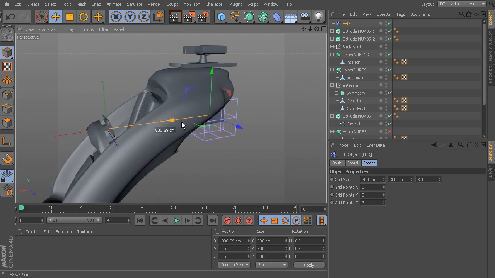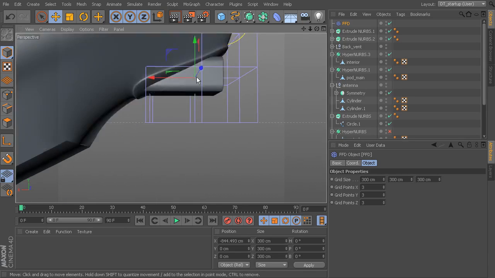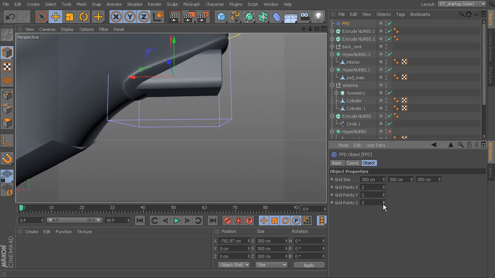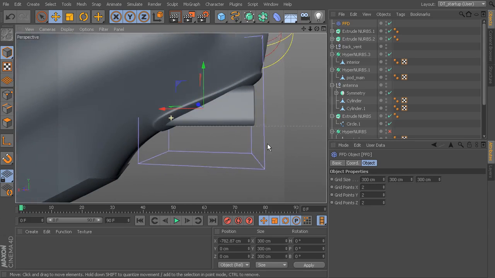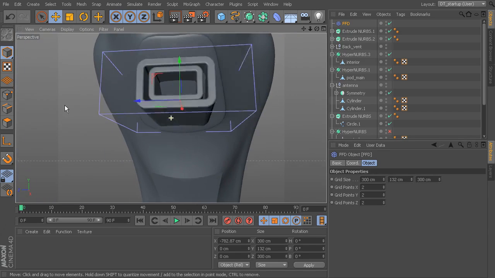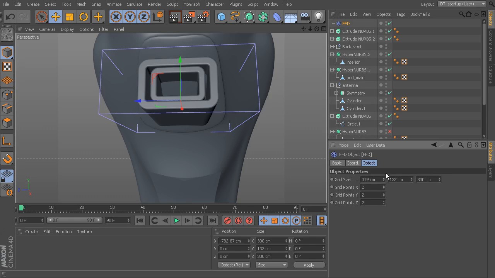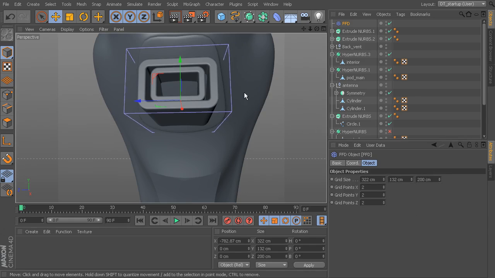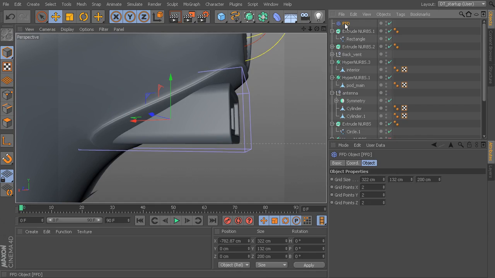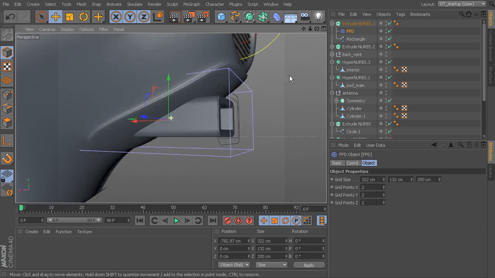And so I'll just move it sort of into rough position here. I'm going to take the number of grid points down, so it's basically just a plain cube. Okay, let's go ahead and just scale it so it kind of fits with the shape that we've got there. Okay, now if we drop it into the extrude NURBS